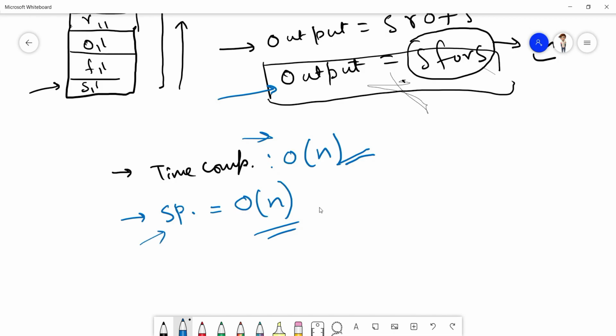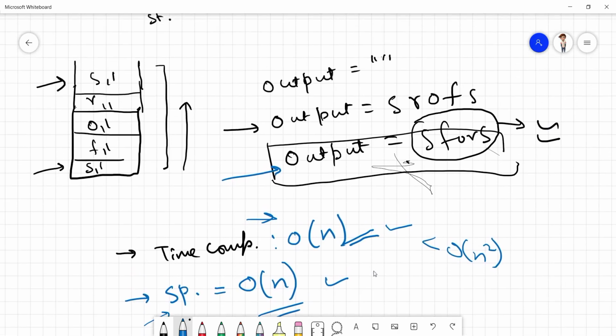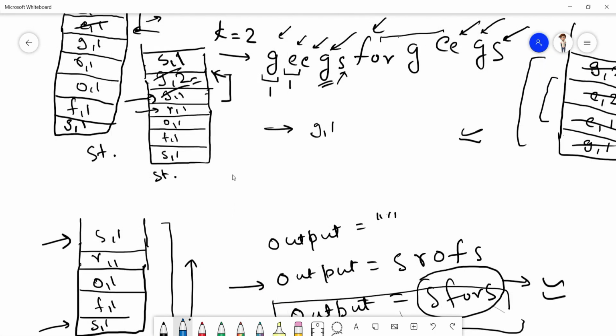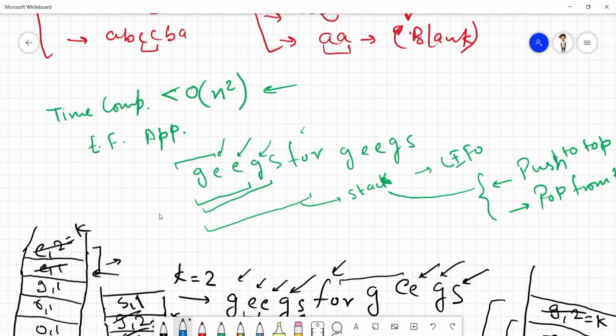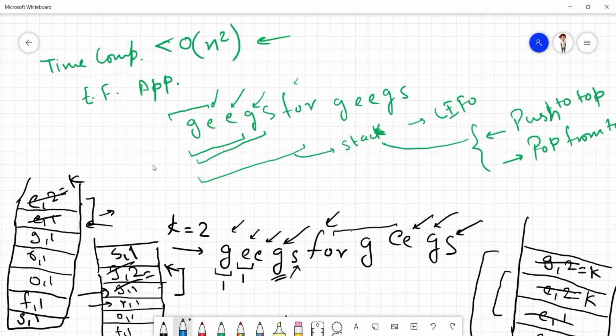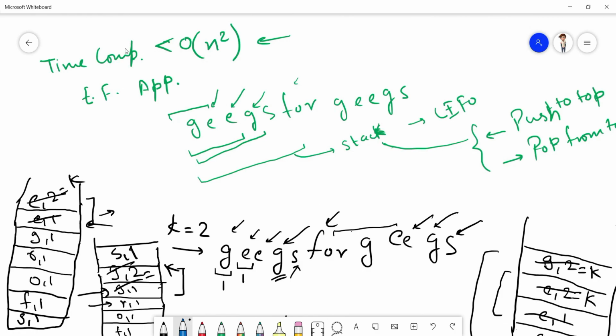So I think we have got our solution over here, because it has a time complexity less than O(n) square, right? As we discussed while doing the brute force approach, we should have an efficient solution with a time complexity less than O(n) square. Okay, so let me give a brief review of this approach again. What we saw in the brute force approach was a time complexity greater than O(n) square, so now we need a time complexity which is less than O(n) square.